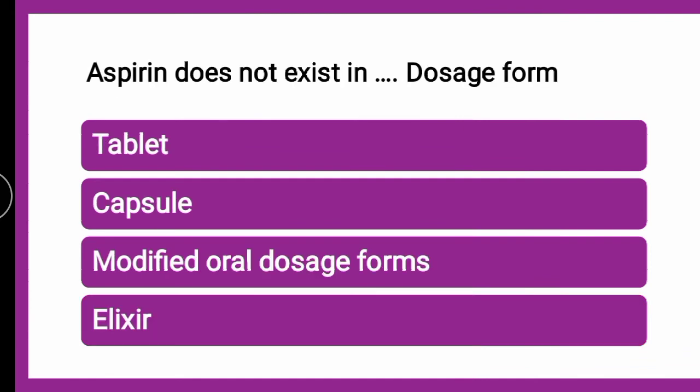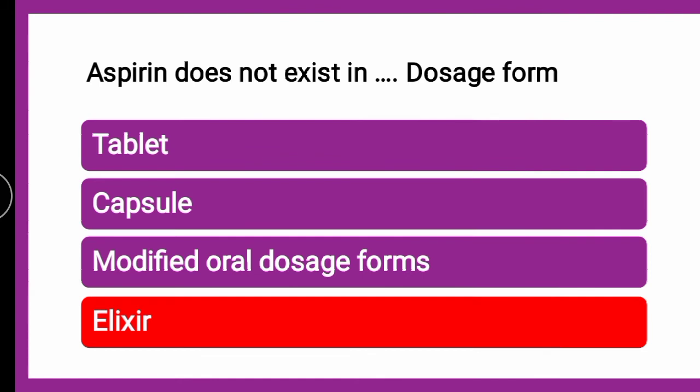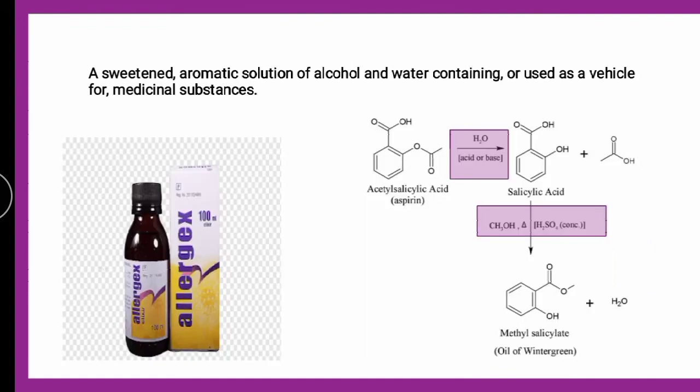Next question is, aspirin does not exist in dash dosage form. Whether it is tablet, capsule, modified oral dosage forms or elixirs. The correct answer is it is elixirs. It exists in various tablets like chewable, enteric coated tablets. It exists in capsule form, various extended release, and it exists in modified oral dosage forms such as prolonged release, extended release capsules we have seen. So these are the modified dosage forms, and